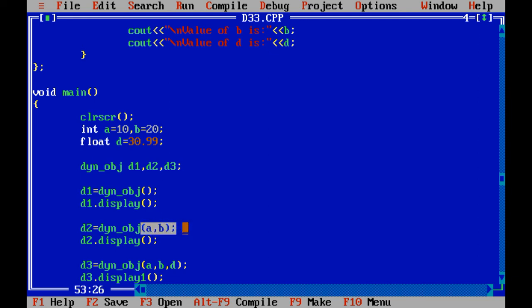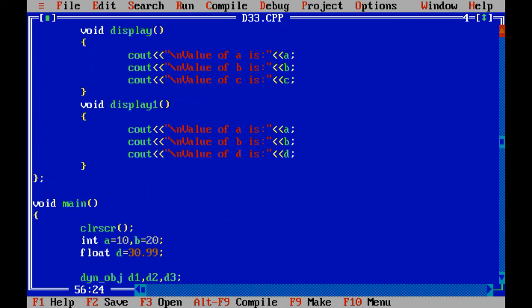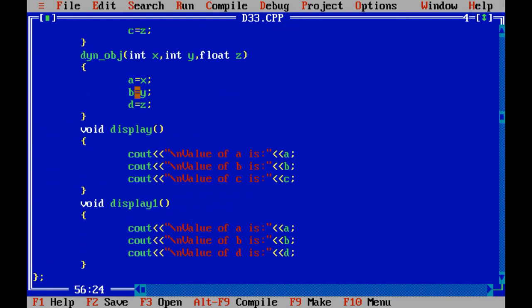In these cases, when you call such a constructor, you need to develop a constructor which contains the first argument as integer, second argument as integer, and third argument as float. So we have already developed such a constructor over here.